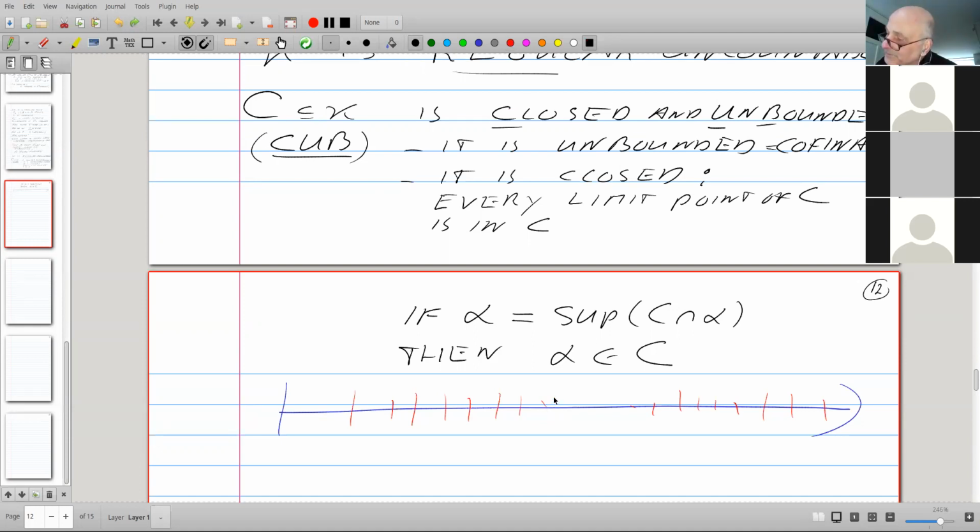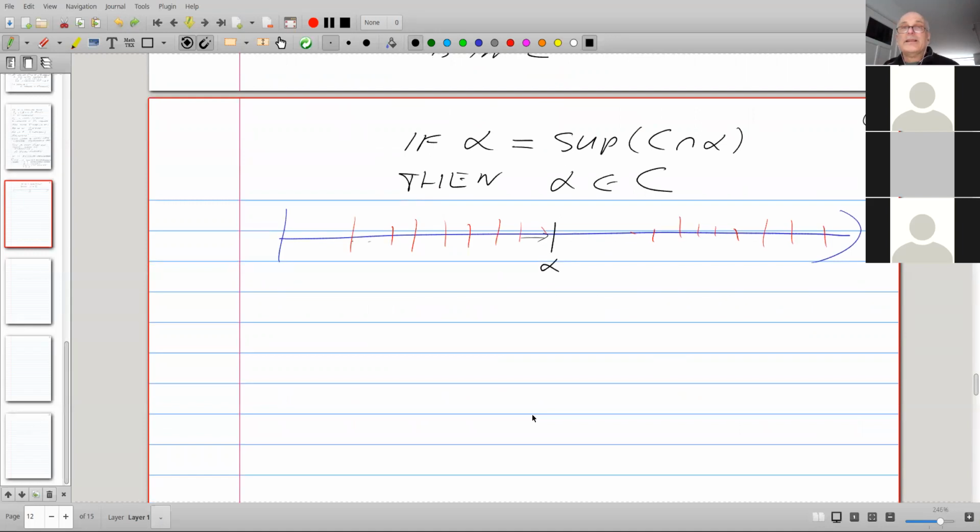And suppose we have an alpha less than kappa, and it so happens that if I take the points of C below alpha and the supremum of that is alpha, then alpha is deemed a limit point of C. And we want a set to be closed if it contains all of its limit points. This is actually a topological definition. This defines closed in the order topology of kappa.